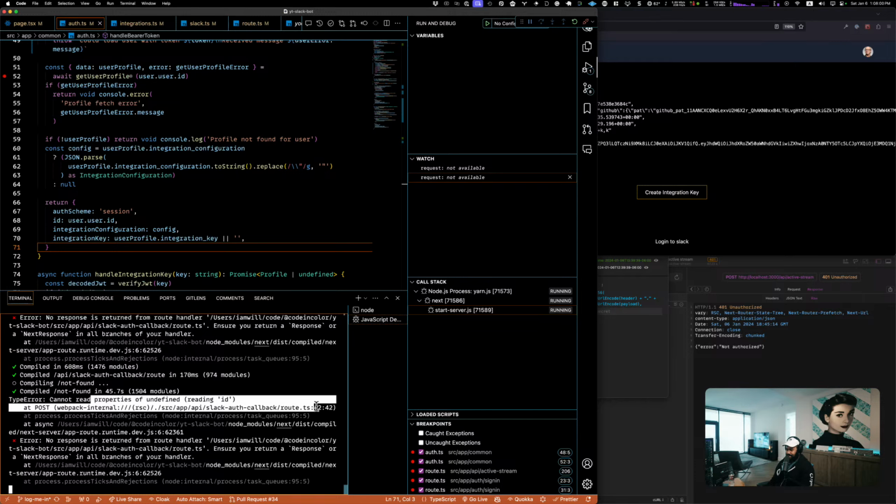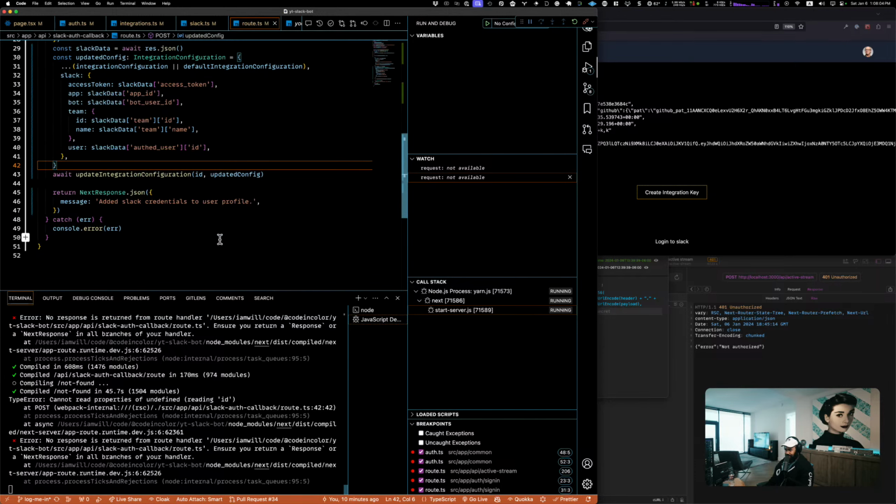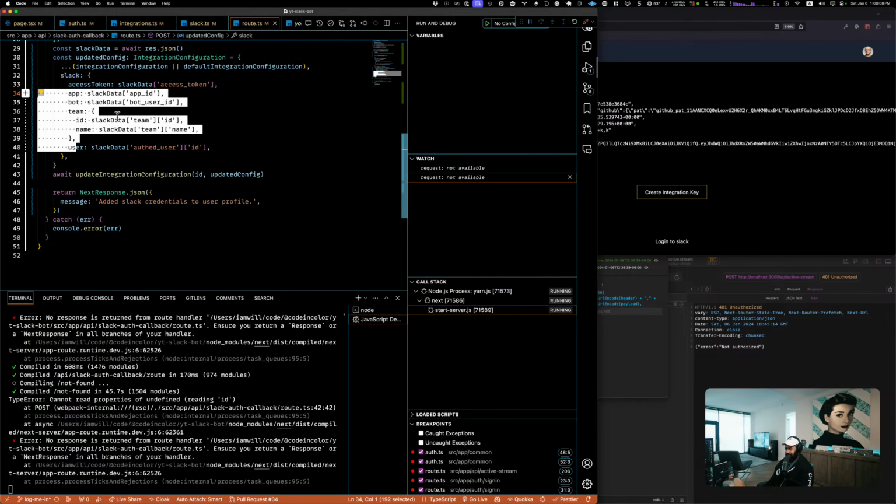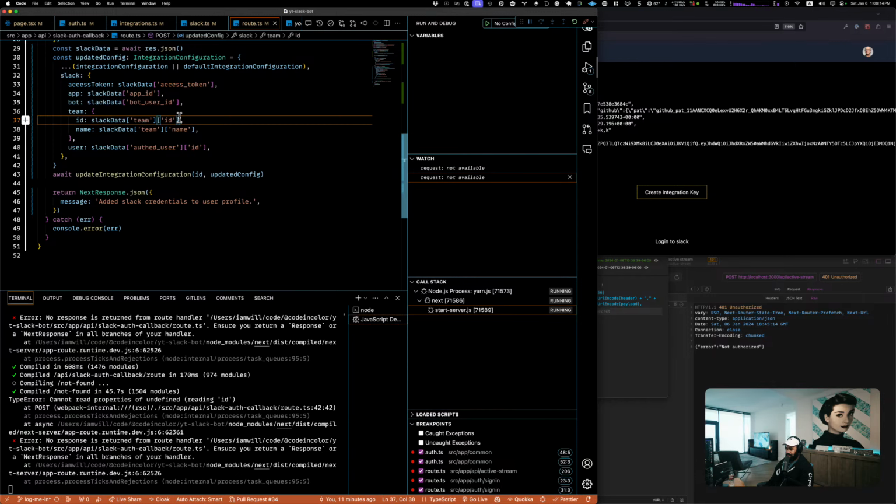And this is line. Okay, let's just go to this line of code. So it's happening on line 42. So it's happening around here. I wonder if it's this ID right here. I wonder if it's that. Yeah, it's probably that.